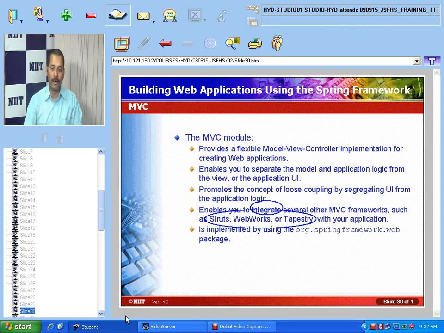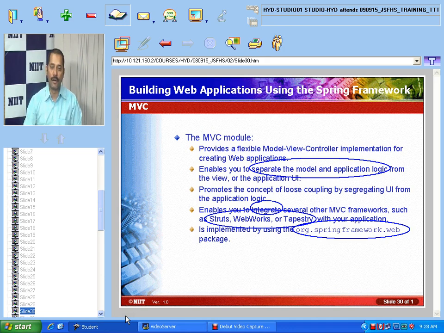And we can implement the org.springframework.web package to create your MVC based module. If I want to create it, I can also create that. That is the best part in our MVC module. So this will separate the model and the application logic. That means whatever the application logic, which is the UI designing and all, from that, the model component, that is the business logic whatever we have, will be separated. So this is what we can do in your MVC module. These are a few things we can talk about.